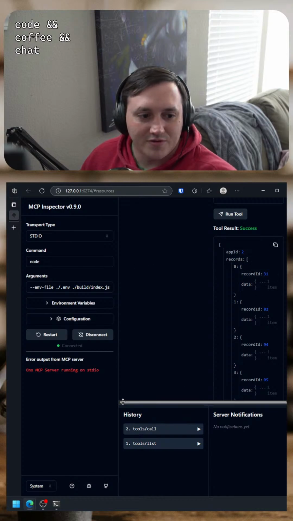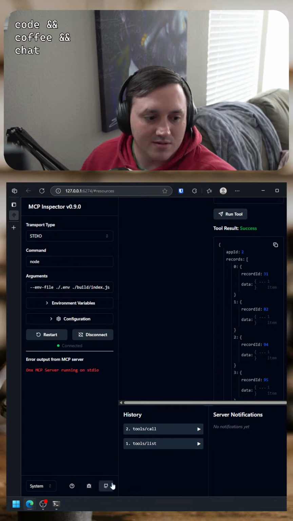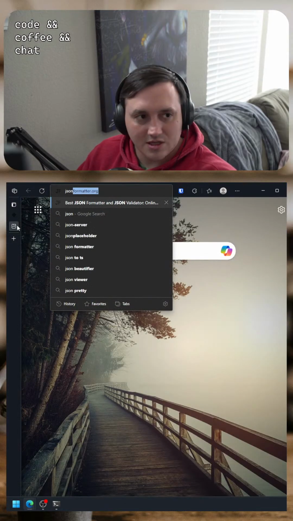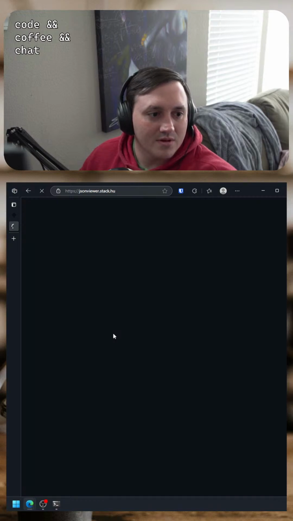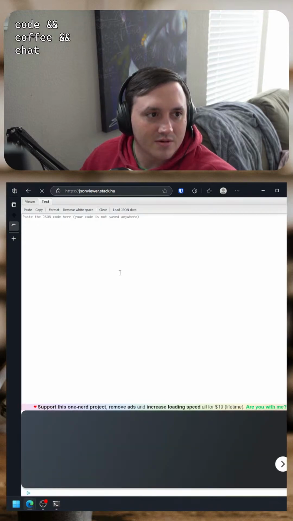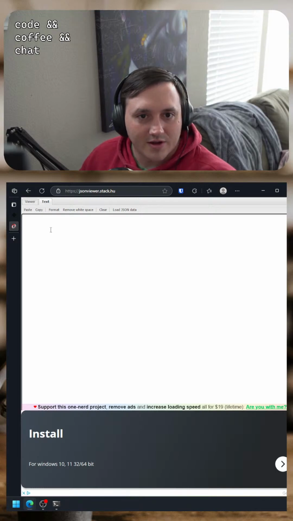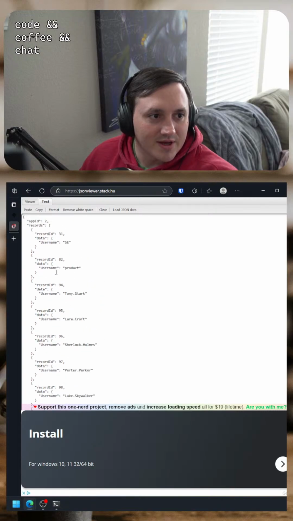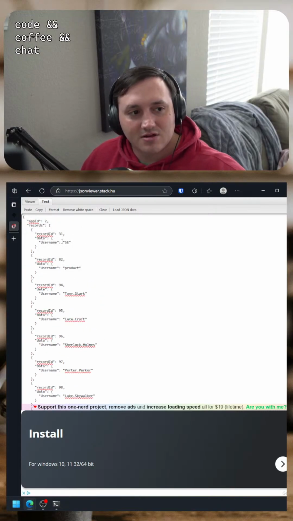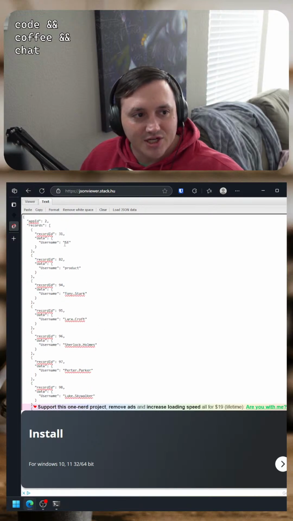It's kind of hard to view things in this little tiny pane. Let's see, JSON viewer. Is there some sort of online one? There we go. Although I don't like the fact that it's not dark mode. But basically now I have app ID, I have my records, which shows the data that's stored in the application.